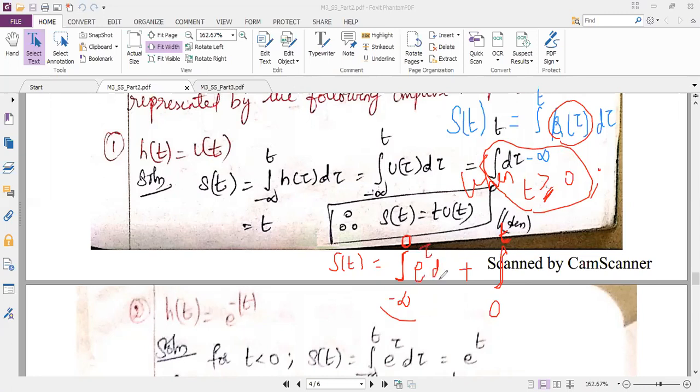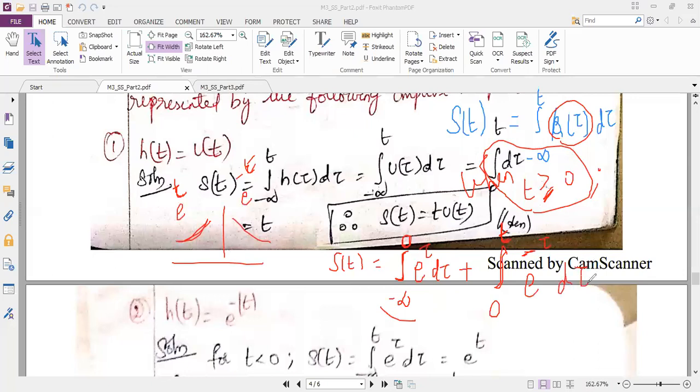You know why? Because for the negative x-axis, we know that this is e power plus tau, and for the positive x-axis, it is e power minus tau. Originally it is e power t. Later in the formula, we will replace t with tau. So similarly here, I will write e power minus tau d tau.